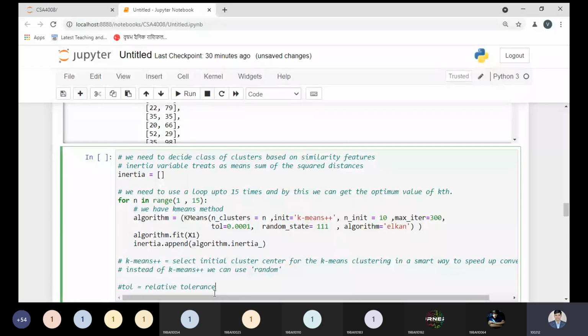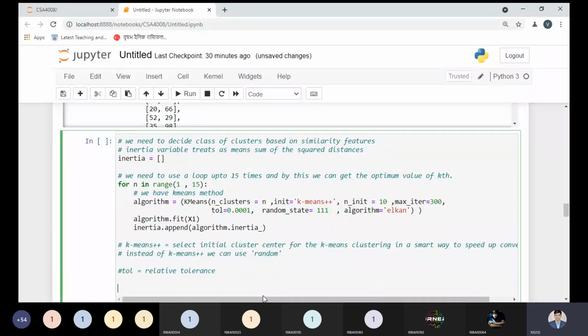But algorithm equal to elkan is a more important parameter. Basically, algorithm is a variable name, but here the parameter algorithm equal to elkan is saying that the algorithm is a parameter, but if you are not choosing, then it defaults to auto.